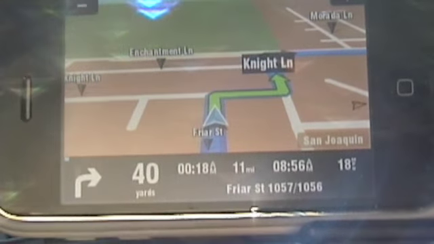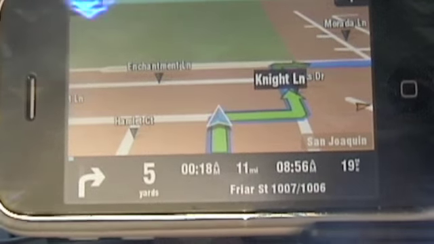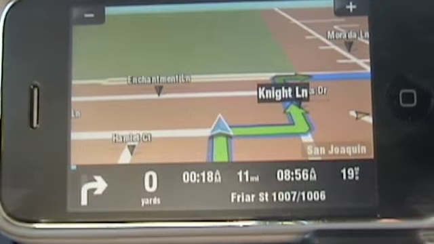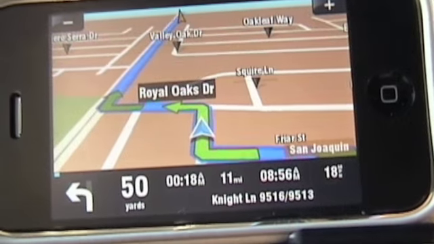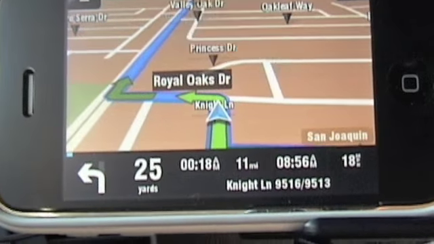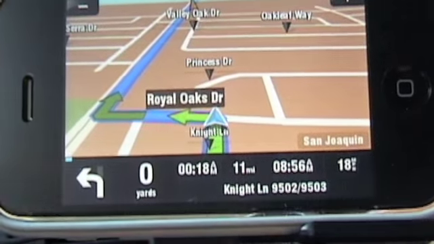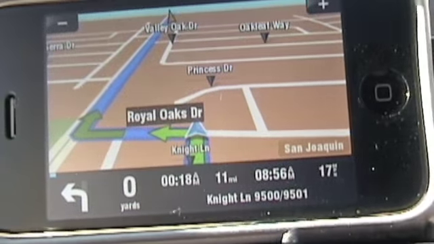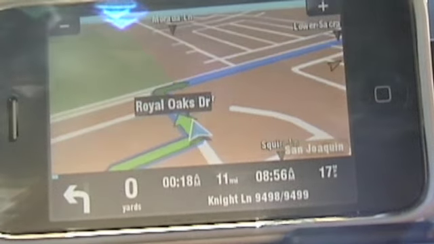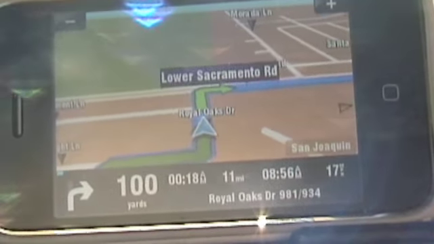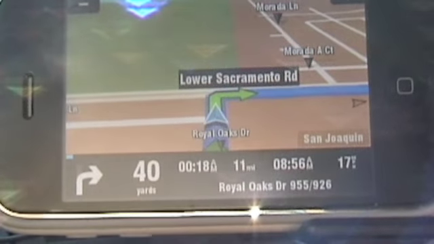Turn right, then turn left. Turn left, then turn right. Turn right and go along the